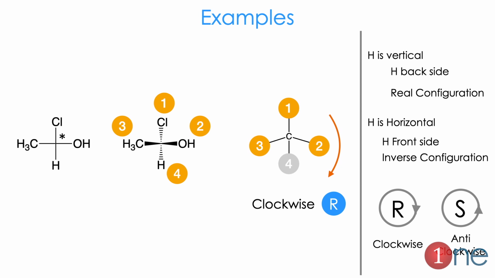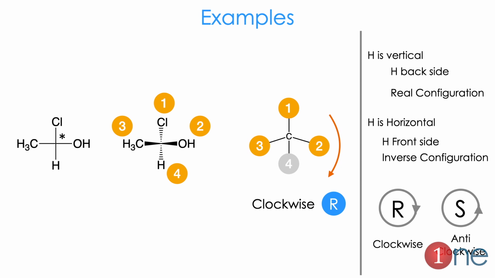So the same thing is written as a horizontal line and a vertical line, the same thing written as away from you, below from you. So you should know Fisher projection means towards you or backwards to you. So you should know that one. So we know that hydrogen should be on the back side. Another way of saying this: if hydrogen is in a vertical position, no problem, but if hydrogen is in the horizontal position, the real configuration will be reversed. That's why I mentioned it separately here.